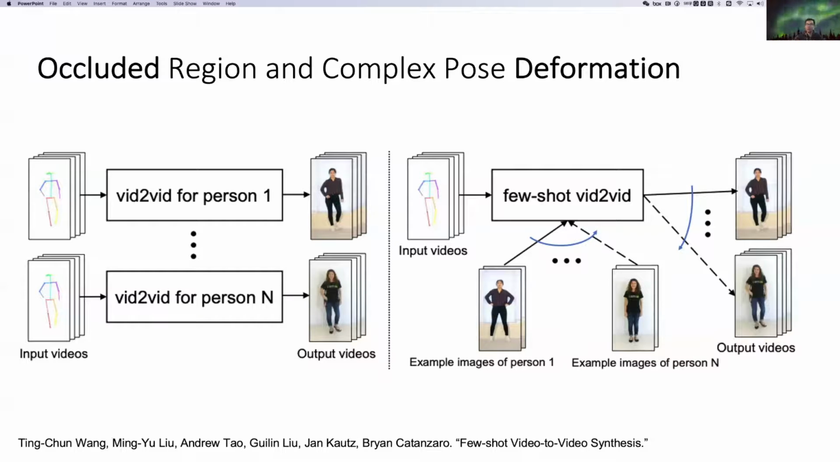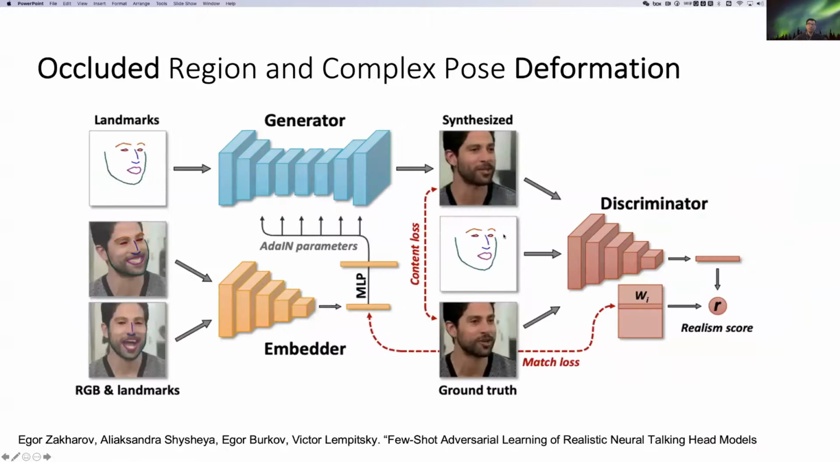So specifically, when we generate videos from the input modality to output videos, we can have different samples of the person to learn it in a few-shot way, so that it can learn the complex pose deformation and occluded regions in this few-shot stage. And similarly,